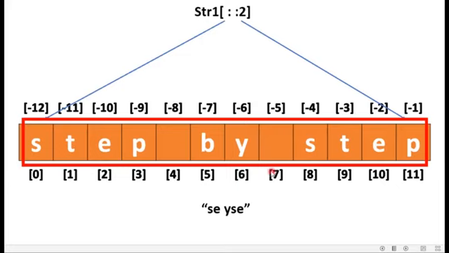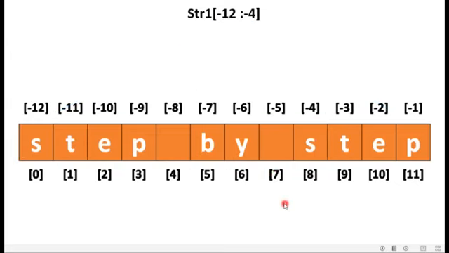Now let's move on to negative indexing. So here is an example of negative indexing, but without the stride value, right? So starting value is written as -12. So it will point towards the -12 index. And the end value is written as -4. So it will point towards -5. Why? Because as I told you, the end value which is written over here is always +1. So -4 minus 1 will become -5.